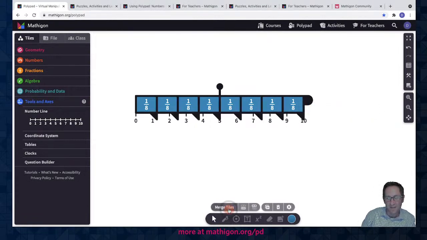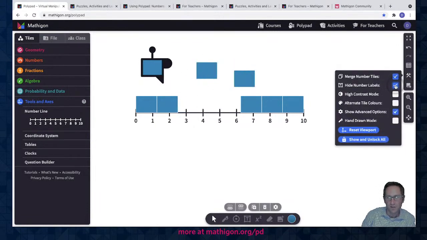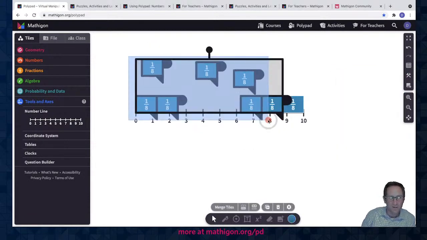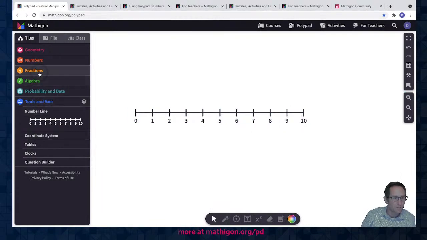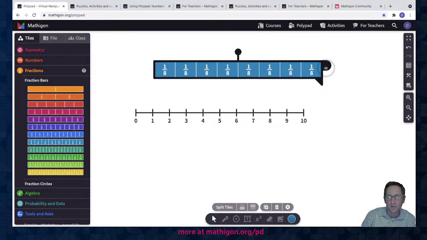I could split the tiles into pieces so I can move them around. And when I move them around, I can again hide the number labels on all the pieces depending on what you may want to do. And a newish feature that we've added, which I'm super excited about. Let me go to the fraction tools, and I'm going to go to